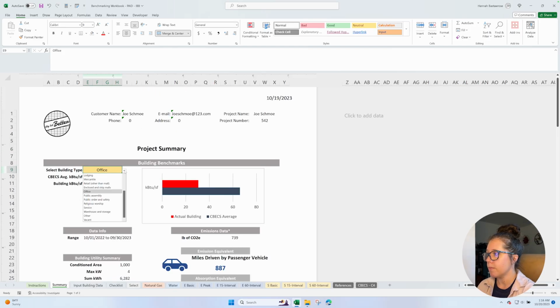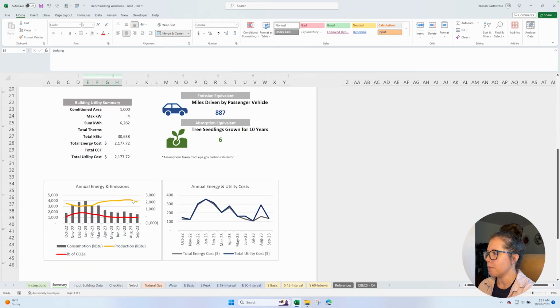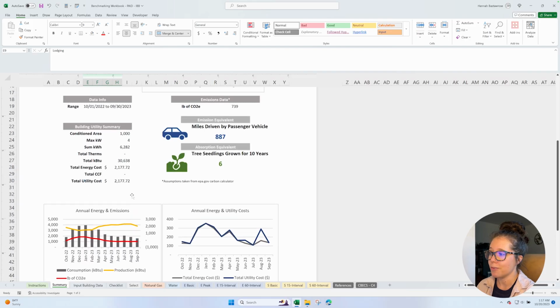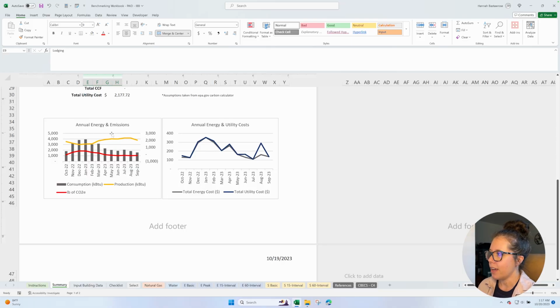Though Joe Schmo might be looking at an office, this is really, I guess you can say, lodging. So this is really for commercial buildings. My home is not really a commercial building, but lodging is probably the closest to it. And it's pretty low, which is great. Awesome. So we have overall summary here,